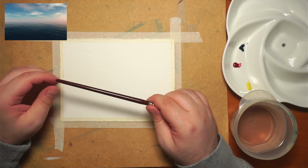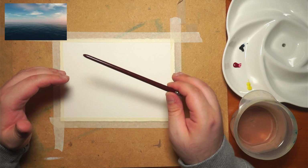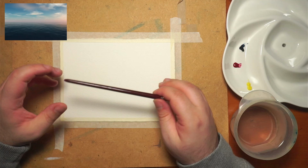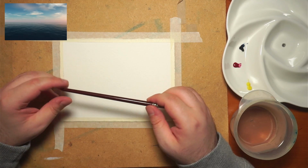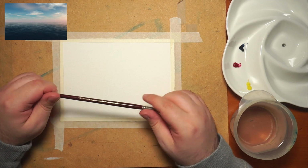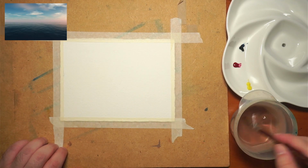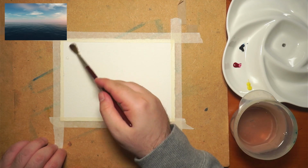But in this case there's the dynamic of the light from the right side, if you can see. So this is causing this effect of having a darker foreground, which is aesthetically pleasing. So we can start by first taking our brush, dipping it in water and trying to wet the paper as